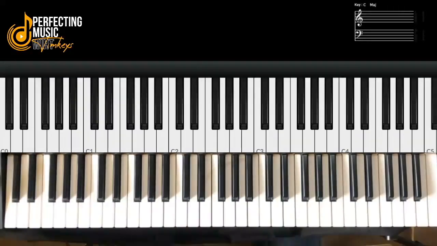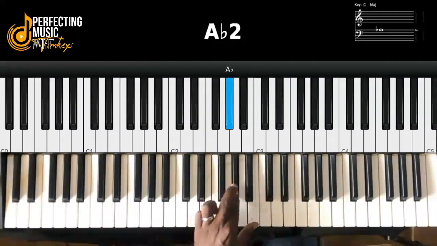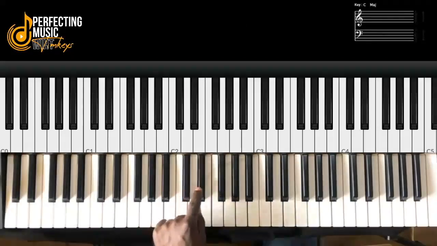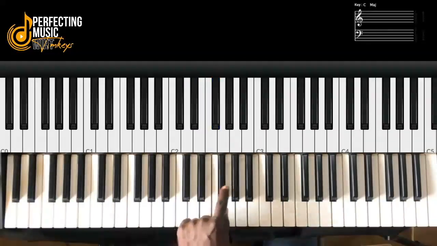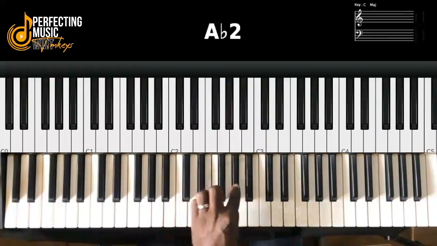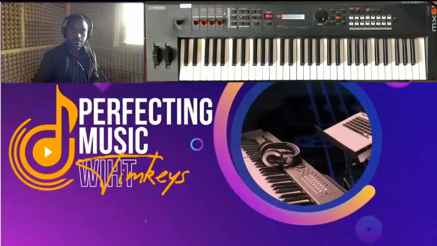So now you've seen that we have a C sharp, a D sharp, F sharp, G sharp, and A sharp, or a D flat, E flat, G flat, A flat, and B flat. So these are 1, 2, 3, 4, 5 plus the 7. 1, 2, 3, 4, 5, 6, 7. Having seen the 12 keys, accidentals, sharps, and flats, let's now go to the keyboard practically.